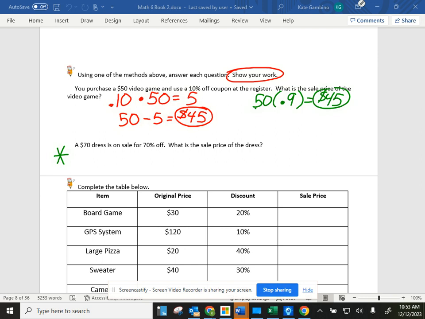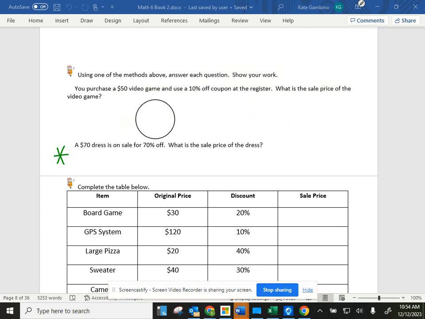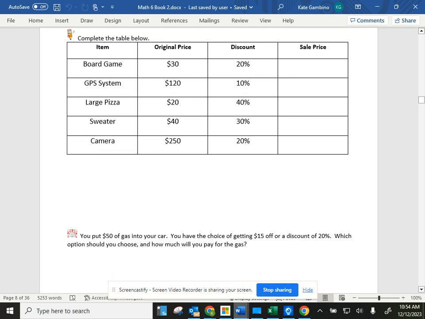So let's look at our second page. We have a table that we need to complete. You're going to decide which method you're going to use to find that sale price. So if we're going to find the discount first, you would do 20% times 30 equals $6. And then you're going to subtract that. So $30 minus $6, and that gets us